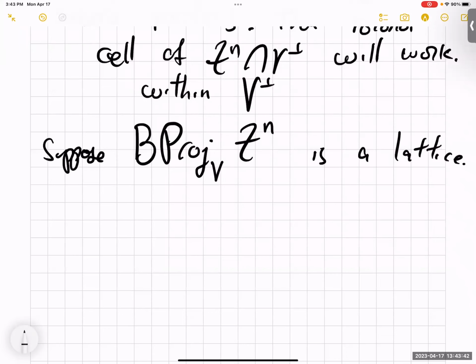But now, suppose you set it up. This is not automatic. It's even rare that this is a lattice. And then apply induction. So this has rank m, like the rank of the matrix B, and B was m by n. So this is inside R^m. So apply induction